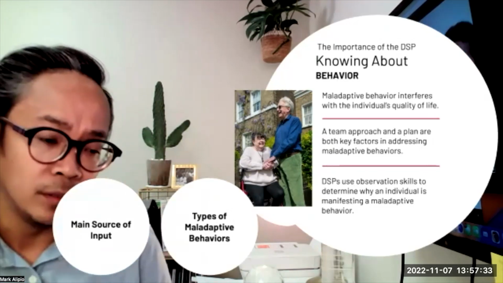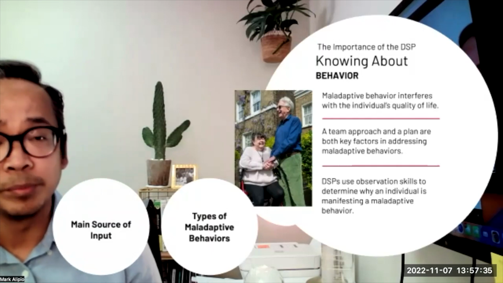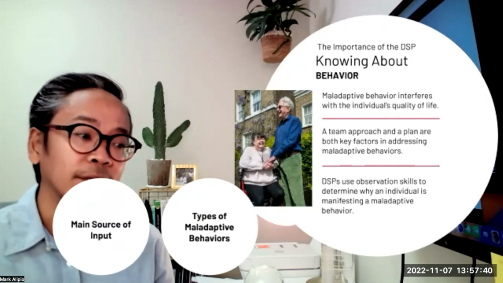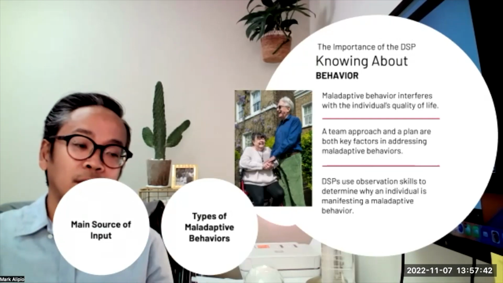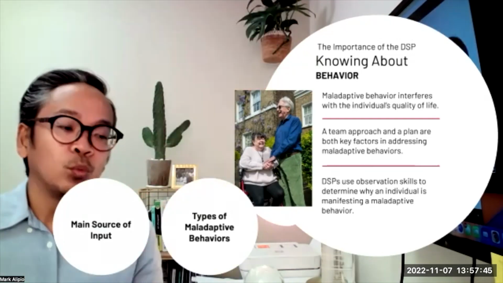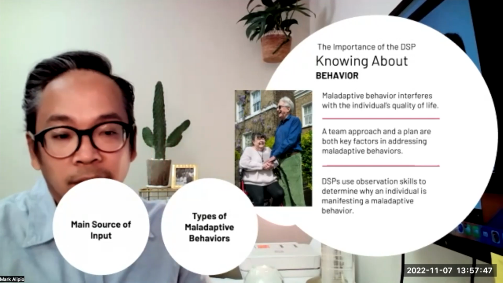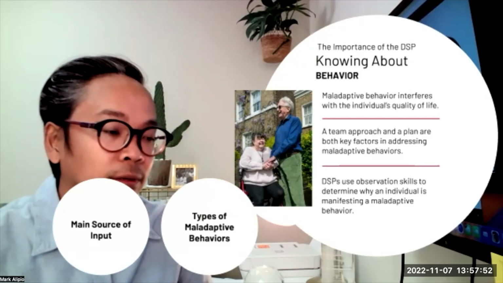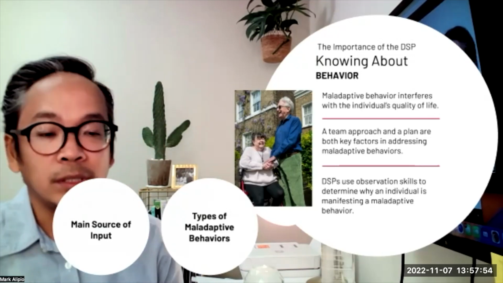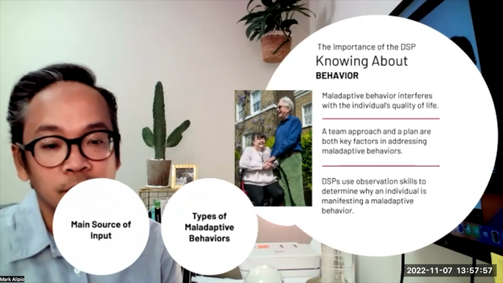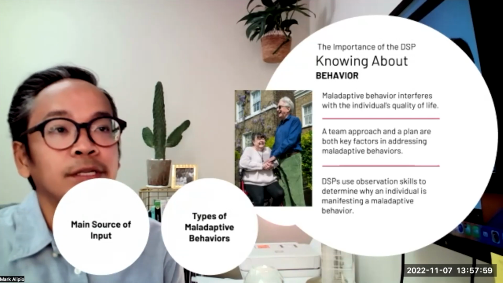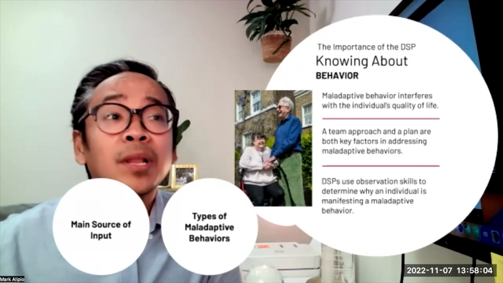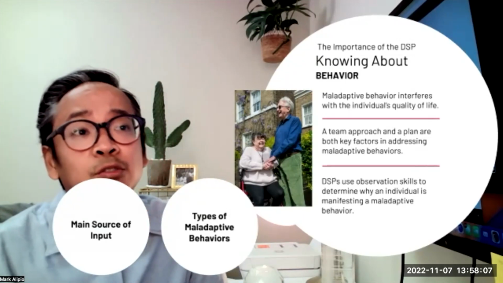Maladaptive behavior can also be referred to as disruptive behaviors or destructive behaviors, right? Typically, it prevents the individual from becoming successful in completing just normal tasks because of either uncontrolled emotions, or being unable to communicate their needs. A team approach, a collaborative approach, and a plan are both key factors in addressing these types